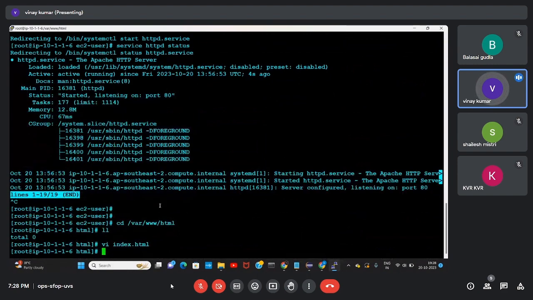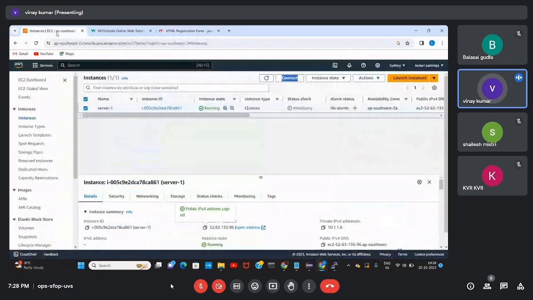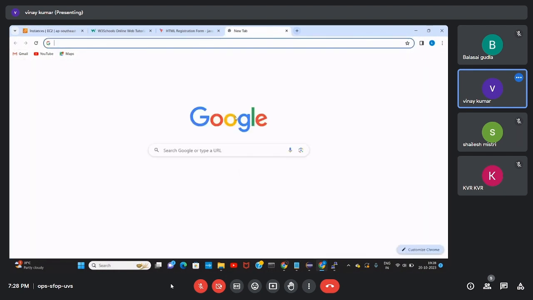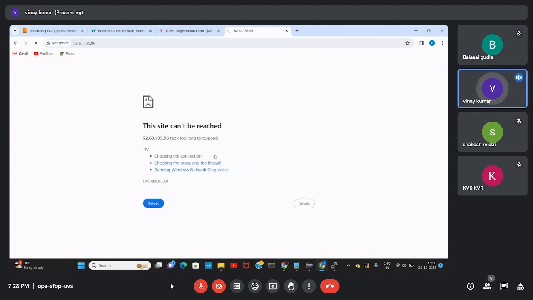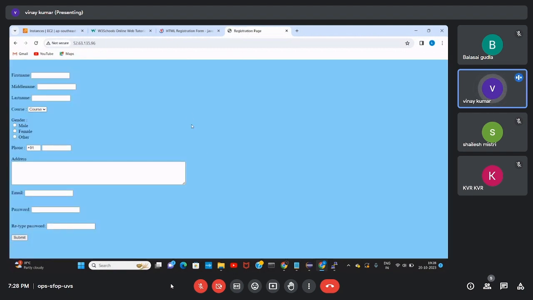I have saved this code in my server. Then, if you see there, our server appears as a website. Whatever code you save, it will appear like this.